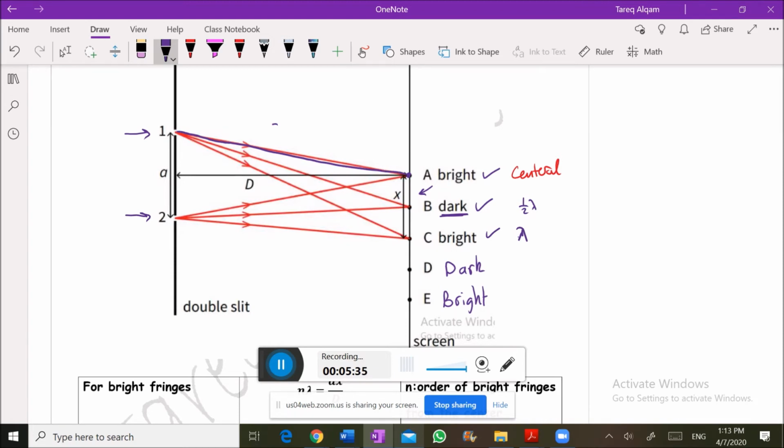from slit 1, meaning S1A, and this is the path from slit 2 to A. The path difference is S1A minus S2A. If I consider S1A with S2A, meaning this path with this path, if I subtract these paths, I will get zero path difference. Okay, at A. This is at A. At B,